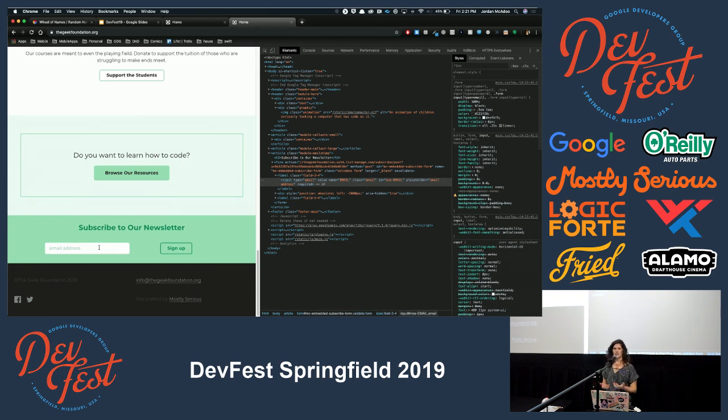And the reason is that people who are interacting with this who can't see and again are using a screen reader need to know what they're putting their email address into, or rather that they even need to input their email at all. Otherwise, all they're going to see is this sign up button and wonder what they're supposed to do. So simple solution to this, we could